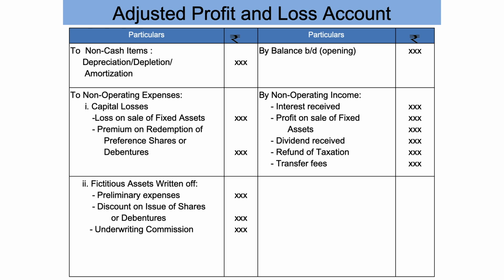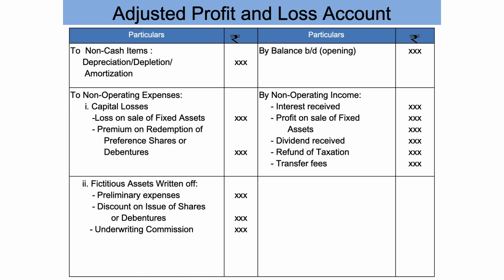Redemption means buyback of shares when the company issues shares to the shareholders for a fixed period of a time. After the expiry of a time, the company will get back the shares and repay the amount to the shareholders. For example, if the company issues shares at rupees 10 at par, but the company decides to repay the amount for rupees 12, including premium of rupees 2. So that 2 rupees excess amount the company has to pay to the shareholders. The 2 rupees excess amount is a capital loss to the company. So that should be recorded under non-operating expenses.